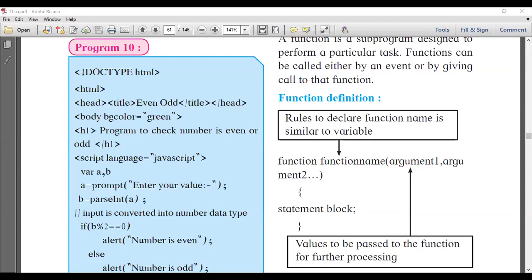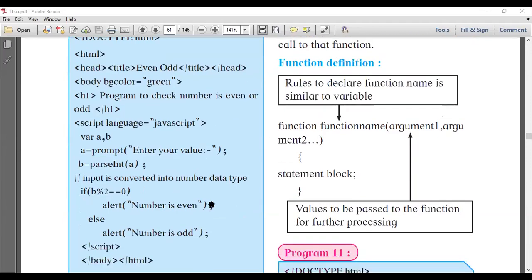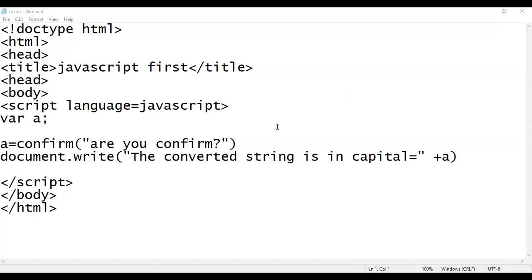Okay, so almost 34 participants now. Now see, here is the one program. Now I'm going to write another program in Notepad, so now we are going to jump to Notepad. Now tell me in the chat box, can you see the Notepad screen? Can you see the Notepad on screen? Yes, give me a reply.